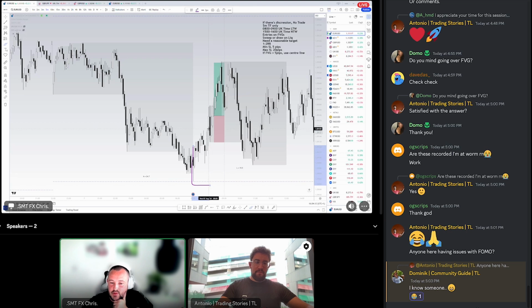And I'm also looking at the point where London opens here as well. So we've seen this wick take out the low of the Asia. And then after that, we can start seeing some bullish momentum. Now, there's not really a clear bullish structure until we start to see something a bit more prominent, like this